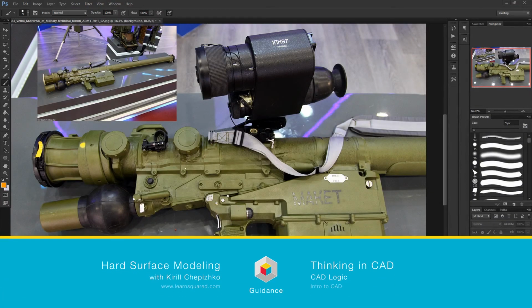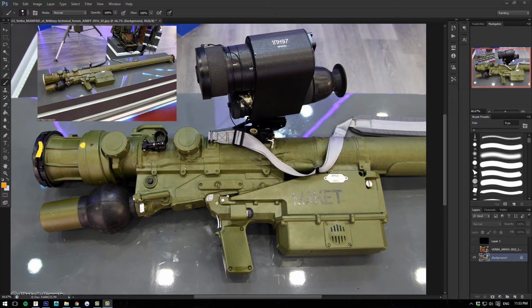So in this chapter, we're going to be talking about CAD logic and the way you exercise your brain to help you adjust, whether you're coming from 2D or from a polygon modeling experience. Your brain will need to adjust to thinking in CAD. And for that purpose, I'm offering you this very simple but extremely useful exercise of taking an existing hard surface